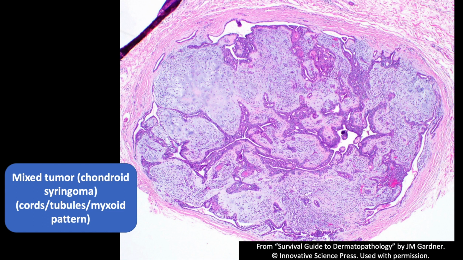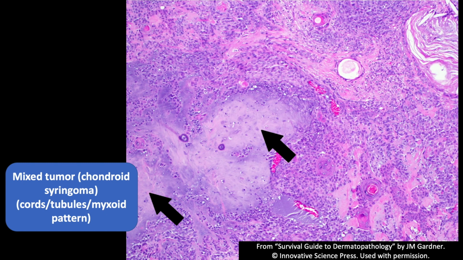So you all as head and neck pathologists are going to be very, very familiar with all of the features. But basically, it has a wide range of features, just like the salivary examples do. The ones in the skin can really run a wide range of different types of patterns and different arrangements. But they have cords, tubules, and ducts, and the background tends to be chondromyxoid or chondroid, sometimes with true cartilage